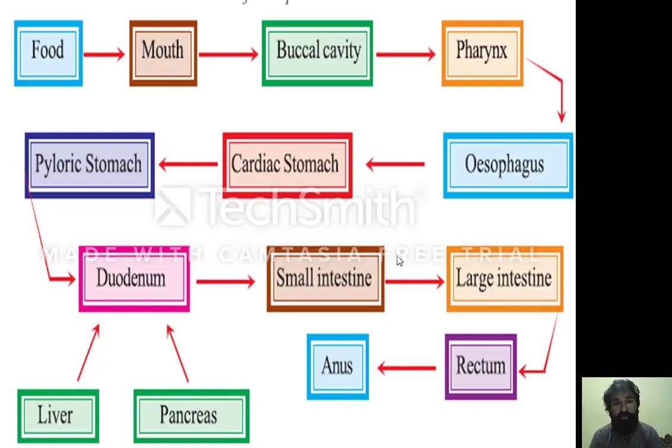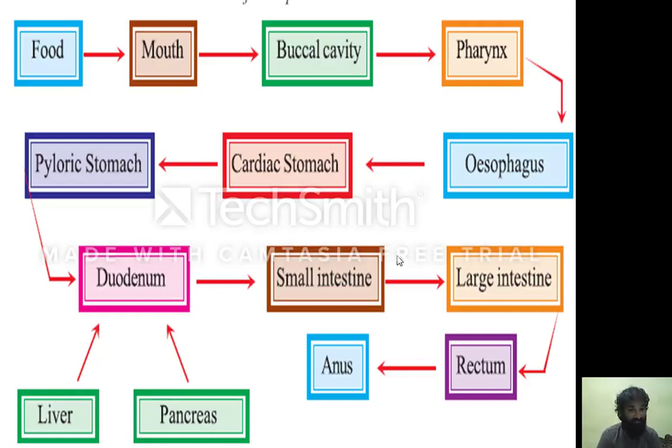In the cardiac stomach, the food is digested by the release of gastric juices, that is HCl and pepsin. Pepsin converts proteins into peptides. Then from the cardiac stomach to the pyloric stomach. The pyloric stomach has a sphincter called the pyloric sphincter. When this pyloric sphincter opens, the food enters the duodenum, which is connected with